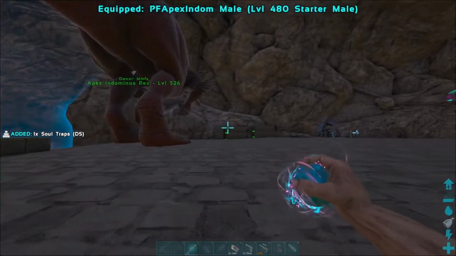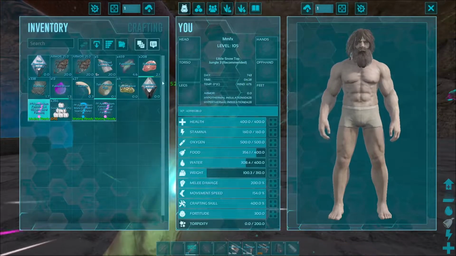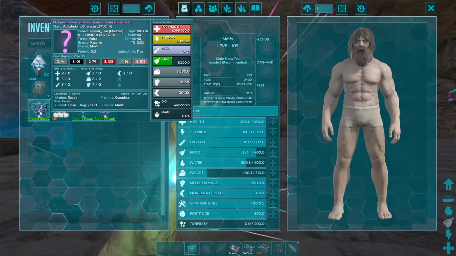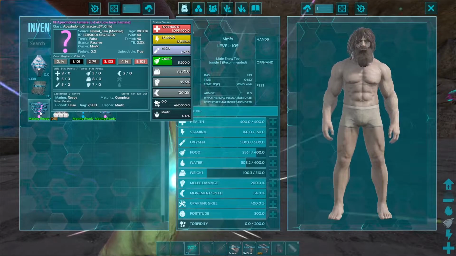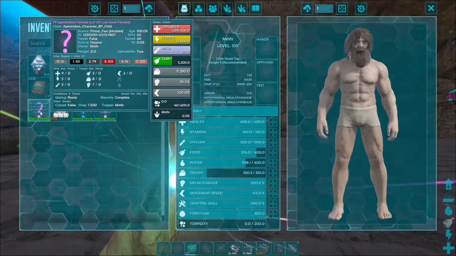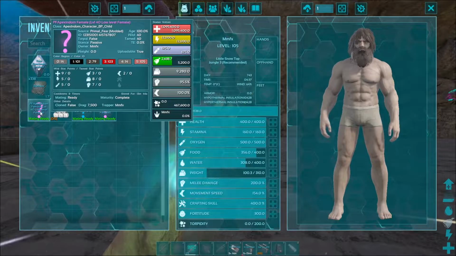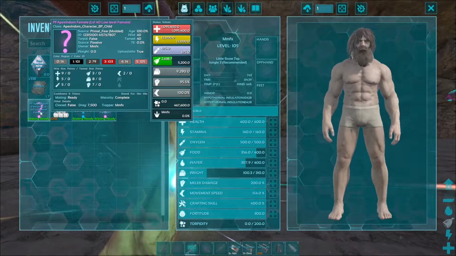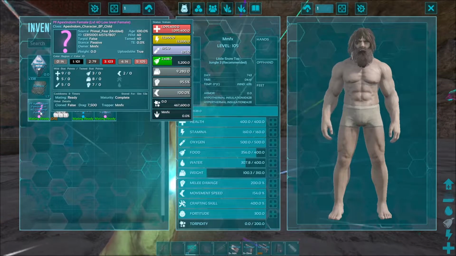Okay, so we have the male there, and we also have this low level female. So hold on, before we go any further, let me just show you these stats. What we're wanting from this is, we obviously don't want the attack. We don't want the weight. We don't want the attack, don't want the weight, and we don't want the health from this DINO, but we want everything else. So we want the 2 movement speed, we want the 5 oxygen, the 5 stamina, the 3